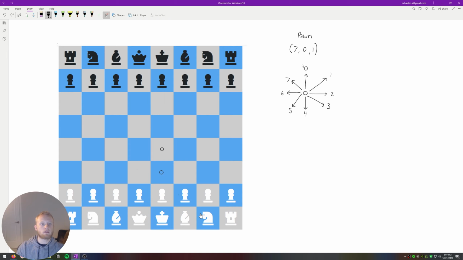We should really actually have that going clockwise. Pawns can go 0, 1, 7. And then bishops are just diagonals. And then rooks are 0, 2, 4, 6. So what I'm thinking is,